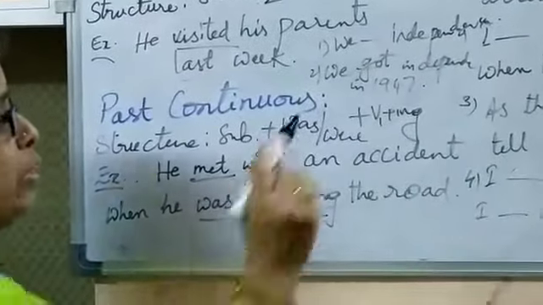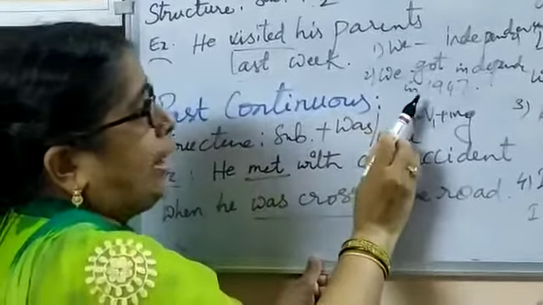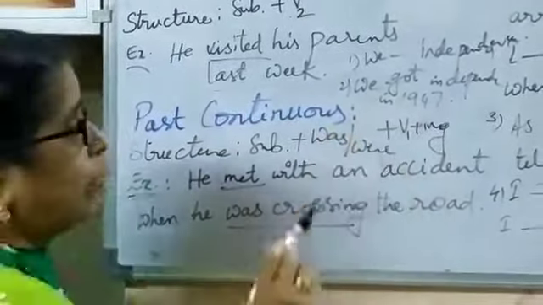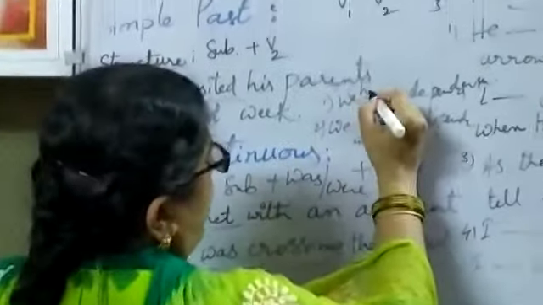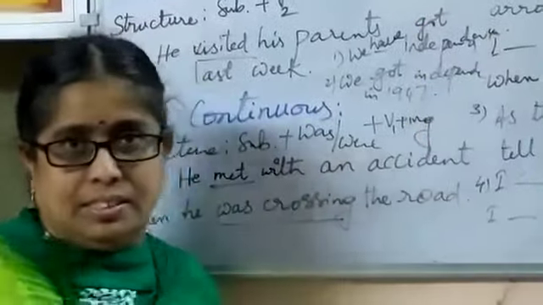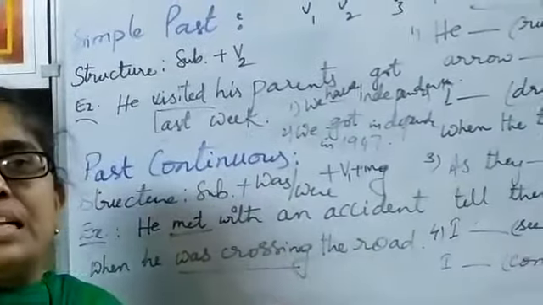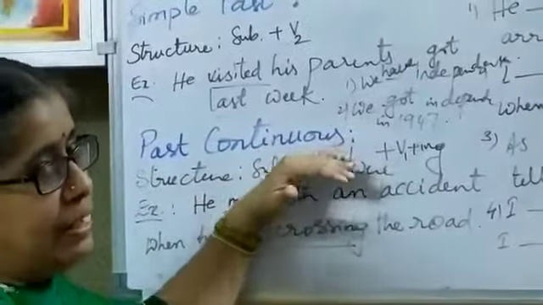Why do we use simple past tense here? Because here, the point of time of the completed action we know. That's why here we use simple past. In the first sentence, we have to take, we have got independence. That means in the first sentence, we use present perfect tense. That's what makes the difference here.